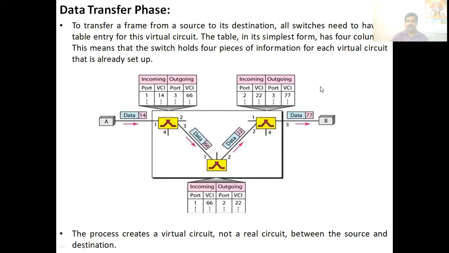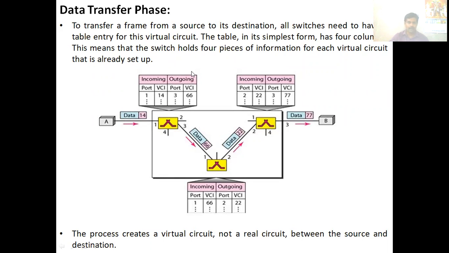Now, first we are going to see the data transfer phase. To transfer a frame from source to destination, all switches need to have a table entry for this virtual circuit. So, this is a table of the switch. It has 4 columns: 2 columns for incoming and 2 columns for outgoing.